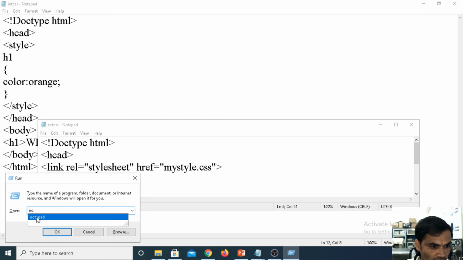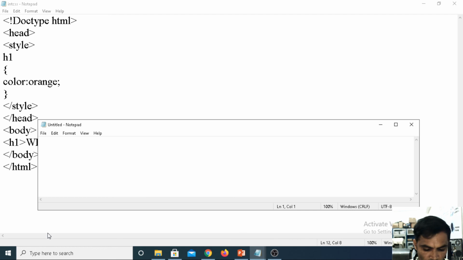Inline style sheet. The inline style sheet we can define inside the body part only. We are not declaring a style in the head part. In the body part only we are defining.